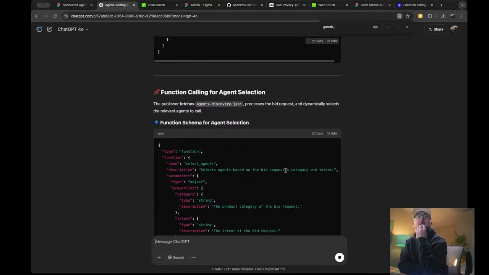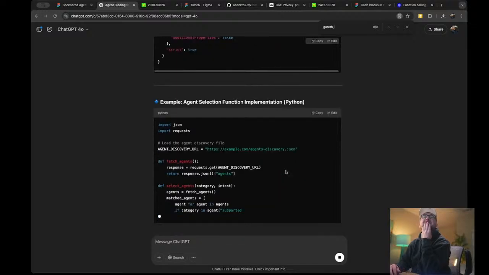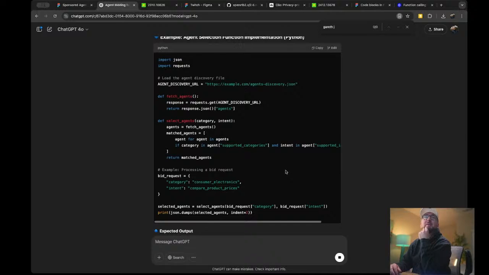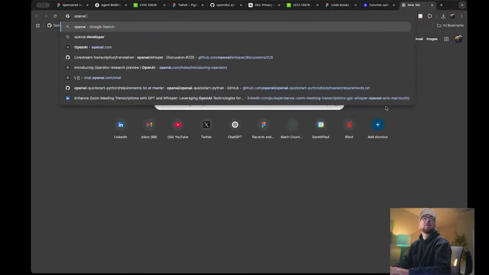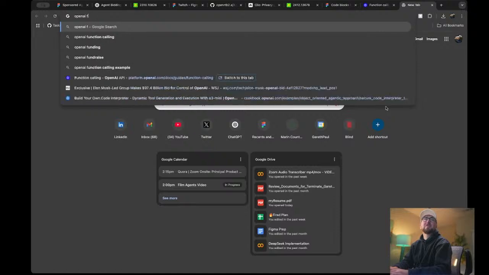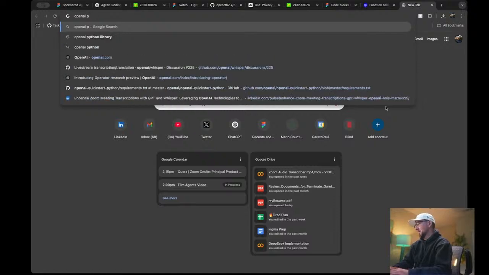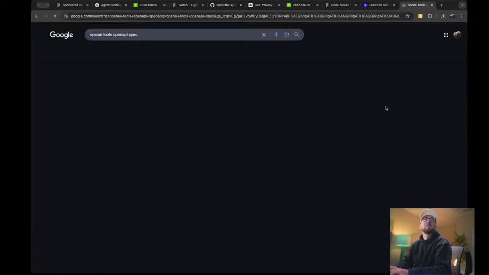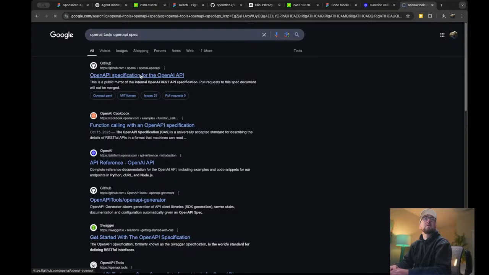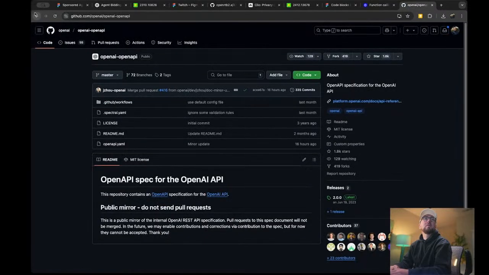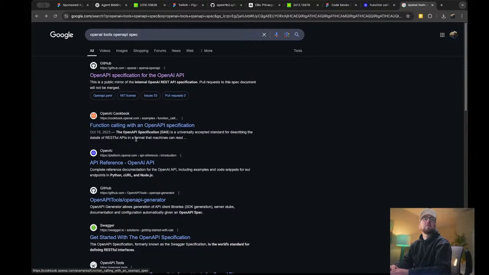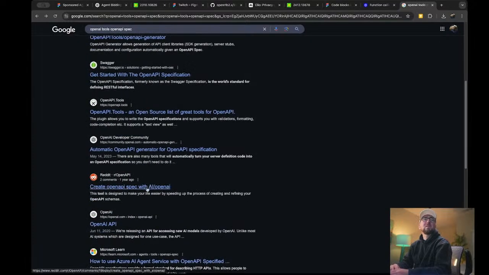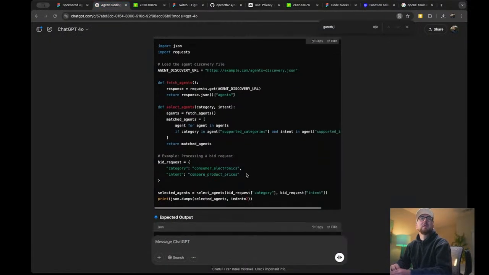Publisher fetches the name. Didn't they do something like this though? They did a function calling API or something like that. OpenAI function, what was it called? It was called like tools or something. I don't remember what it was. I know it didn't have bidding in, so interesting. Anyway, let's